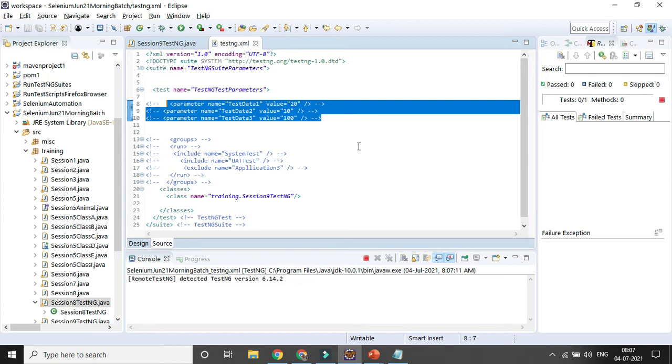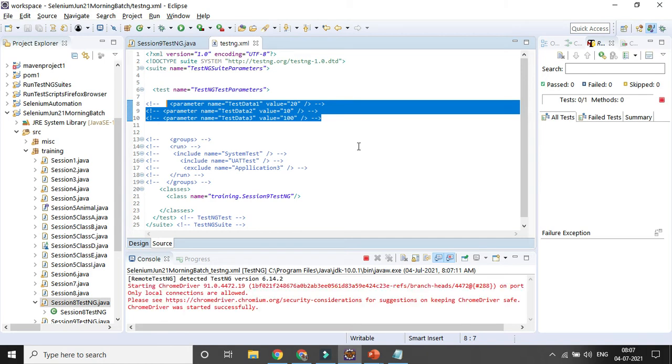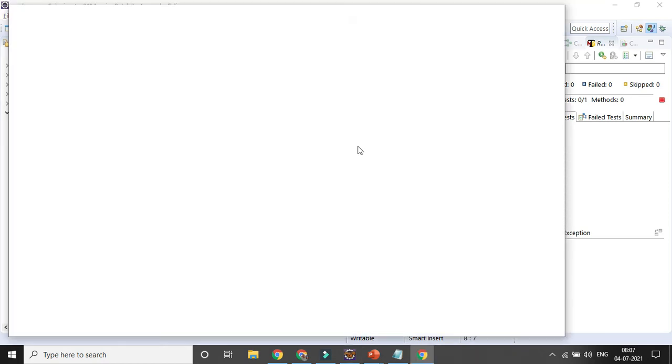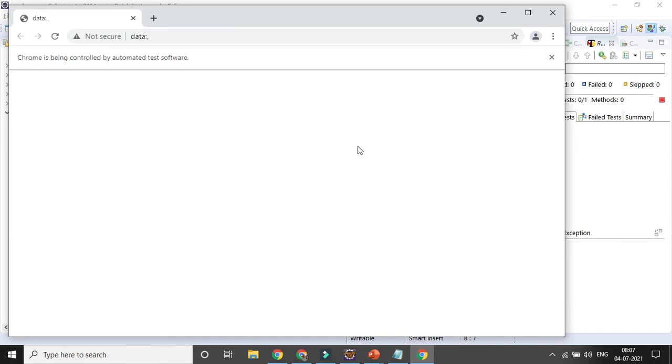So in case you want to change the number of iterations or the number of variables or arguments, you can easily do it. It will try to run 5 iterations.